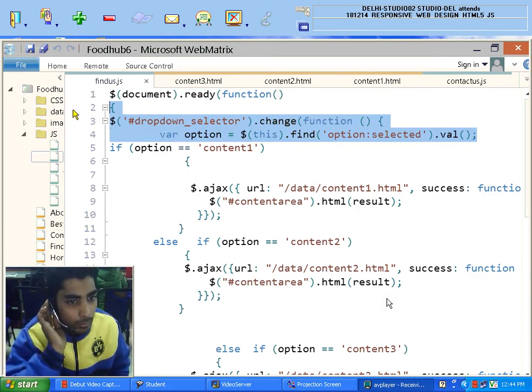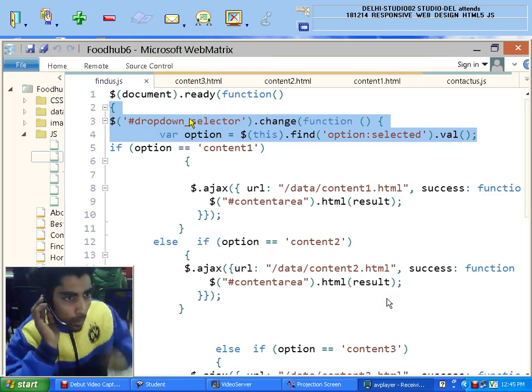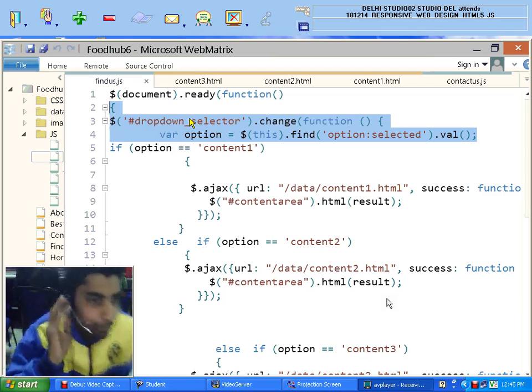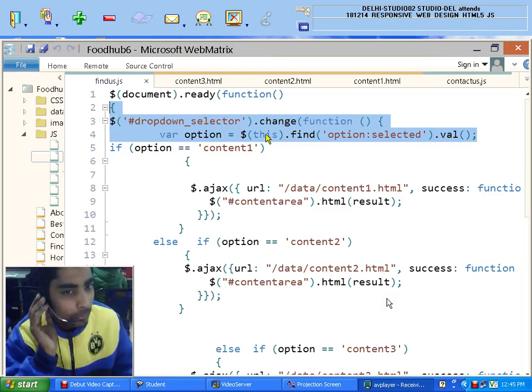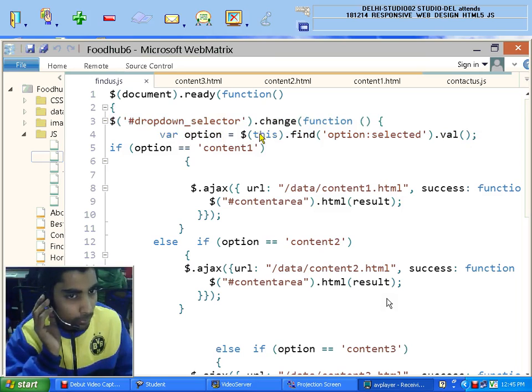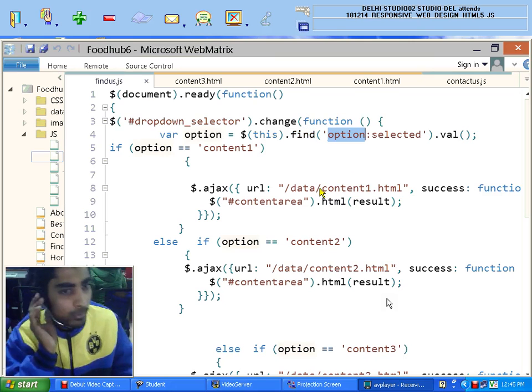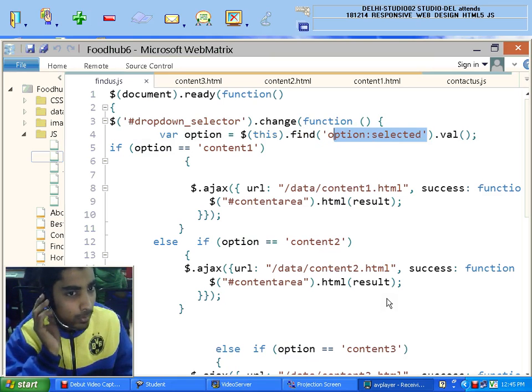I use the element name select, and because select has a change event, whenever I change the value of the select, the index and the value will change. From this place I say option equals this dot find, meaning find the element that has an option value, whatever the selected value is.